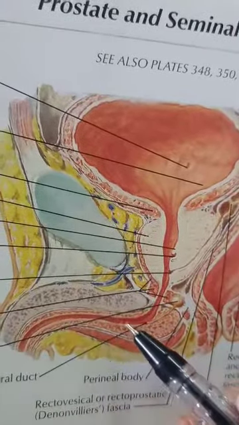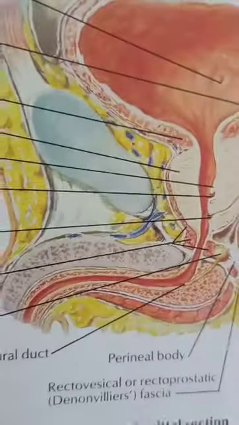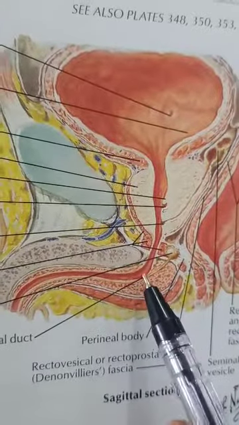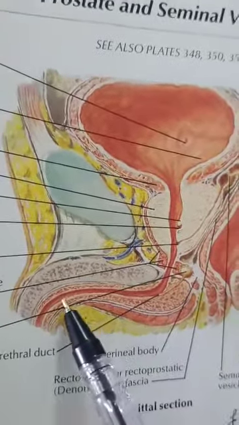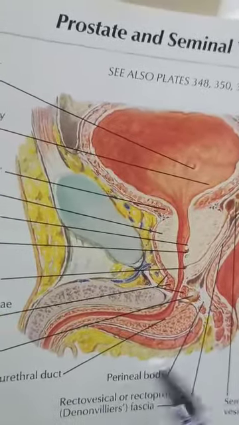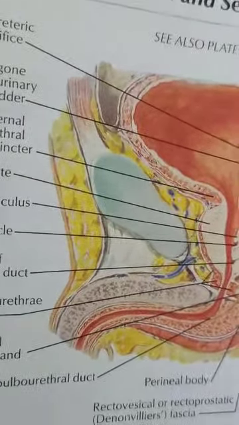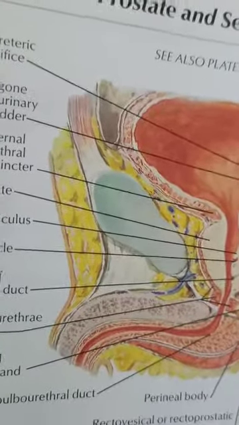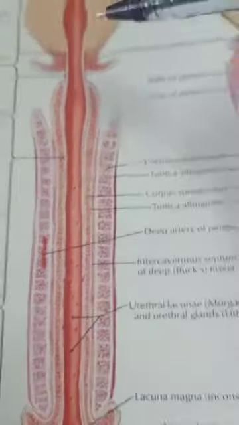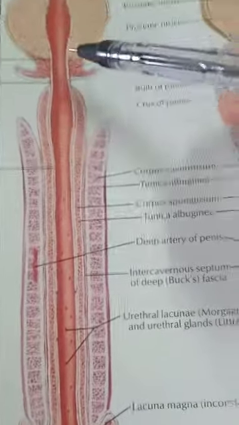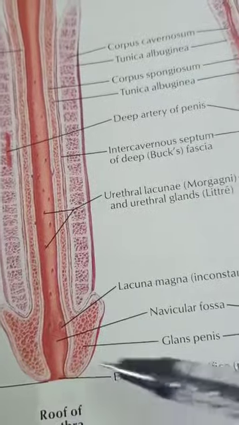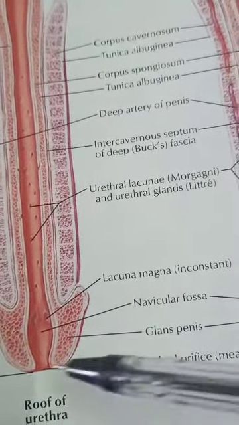And it is the narrow. So this is the penile part, and it passes through the penis and ends at the tip of the penis through the external urethral opening. Then the spongy part passes through the penis and externally it opens through the external urethral orifice at the tip